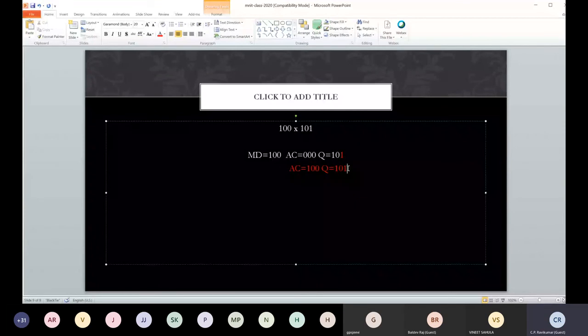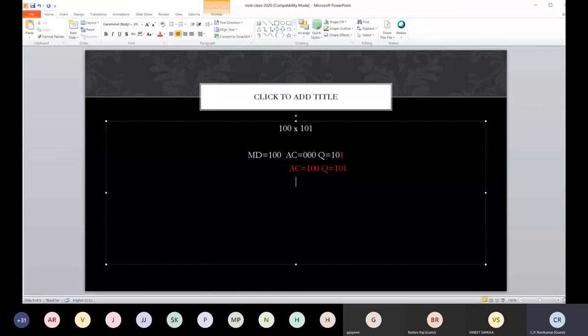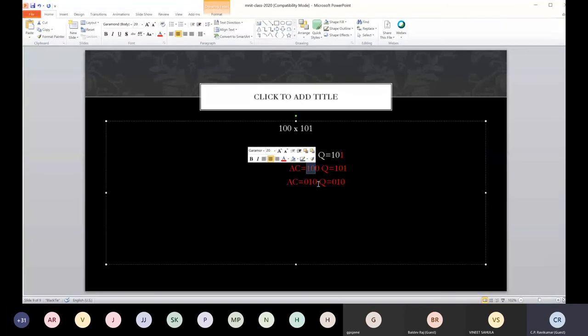And then we shift. See, when we see a 1, we have to add and shift. So the next step, AC will become equal to 010, and Q becomes equal to 010. When I shifted this 100, this 1 moved here and this 0 moved here, and a 0 got shifted inside. And this 1 came out, it is discarded, and this 0 came here, this 1 came here, and this 0 entered here. Okay. So we added and then we shifted.